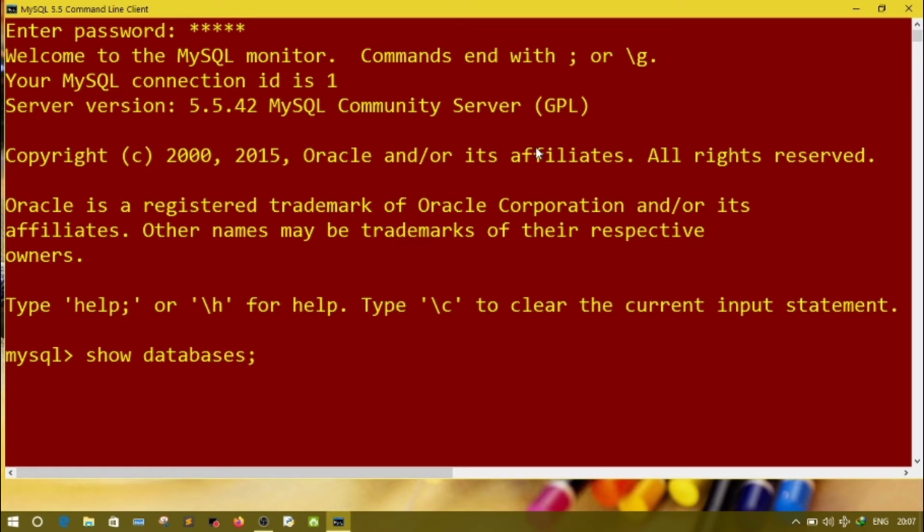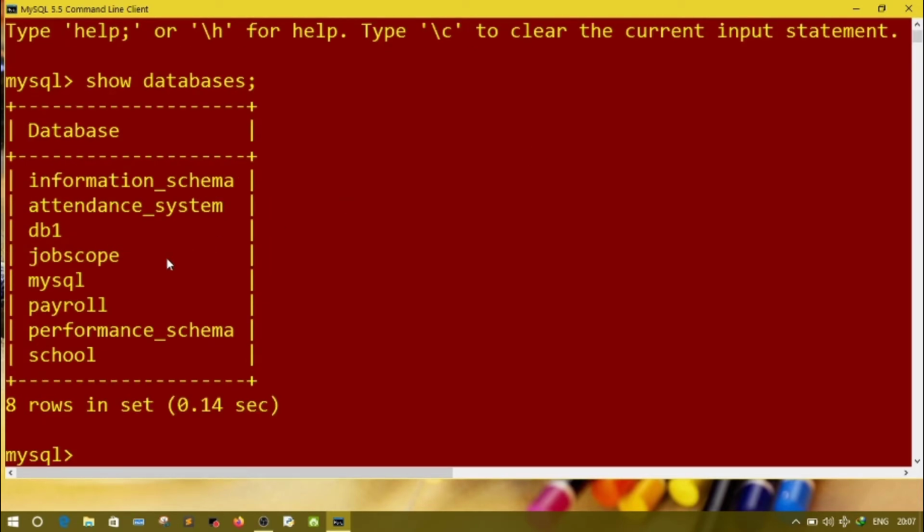Here are my databases which are present in my MySQL server. I think I have already done previous work in the school database, so I will write here use school. Use school means I have activated this database, or I want to use the database school.